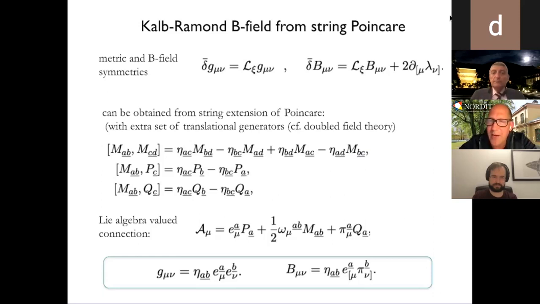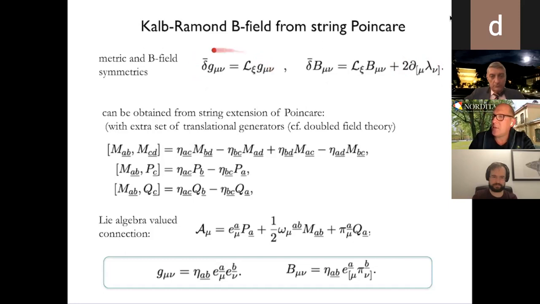I actually want to now first find an underlying algebraic way to understand the B field in string theory. So the metric and the B field in string theory transform like this. They are tensors, of course, and then the B field transforms also under gauge transformations. You can ask yourself the question, can you get these transformations from the gauging of a certain algebra?